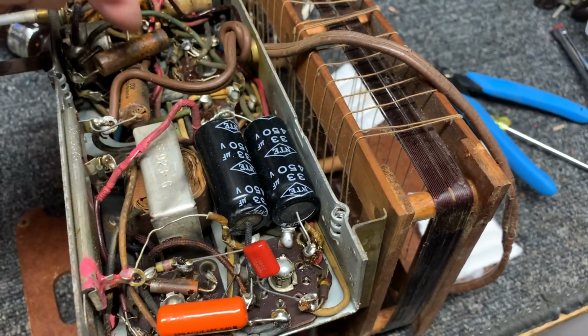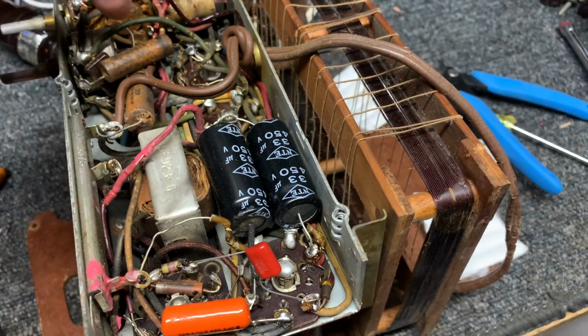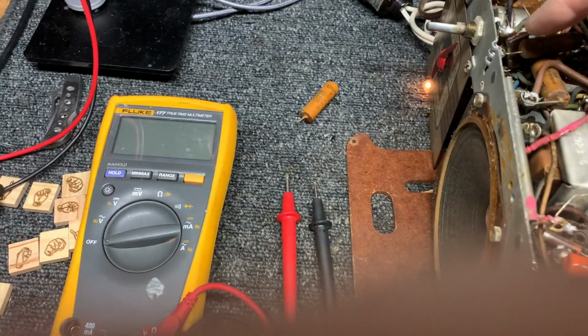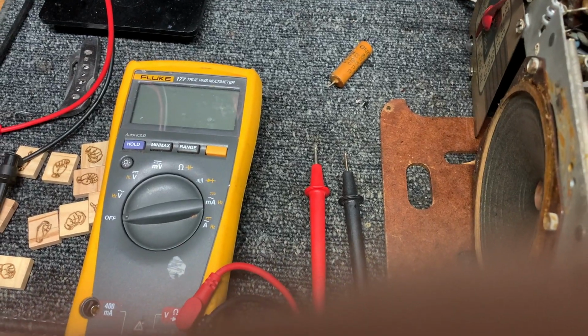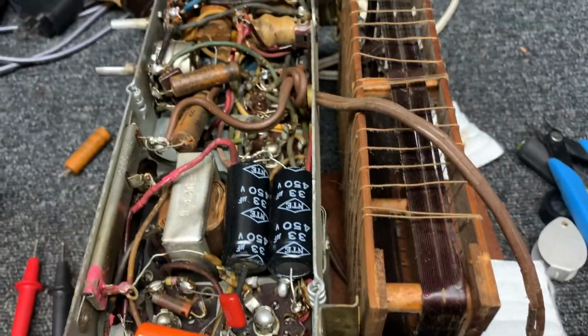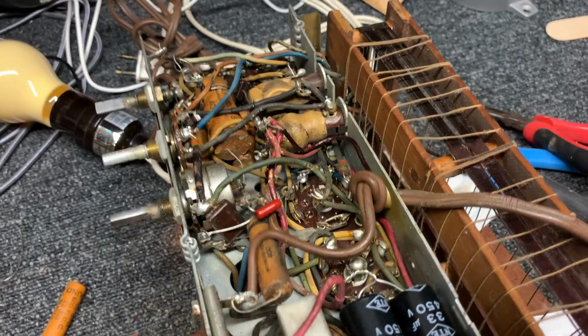But we've got lots of other paper capacitors in here, so this coupling cap right here is very suspect because it's on the wiper control of the audio. So we're going to pull that one and replace it, and it's a 0.005, so we'll replace that one and then we'll see if we're improving in audio. Okay, it's coming alive,